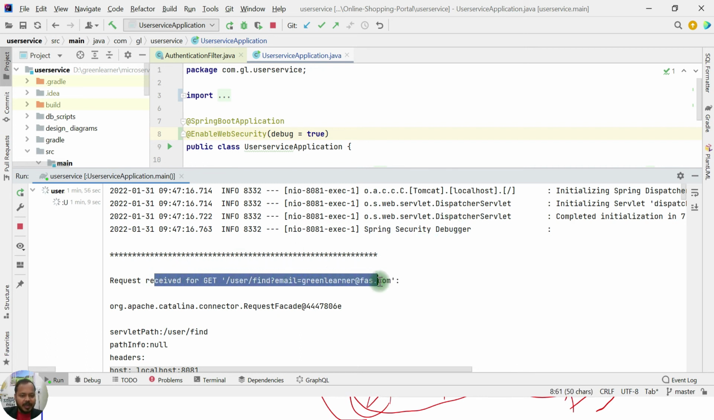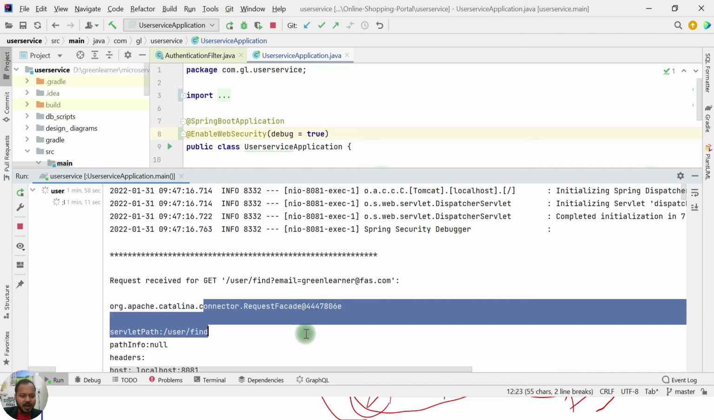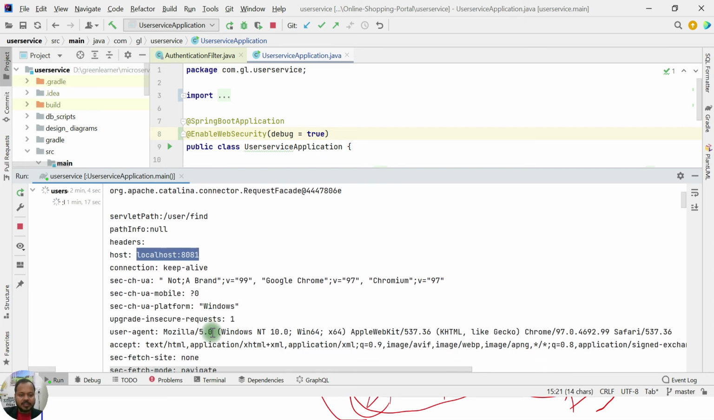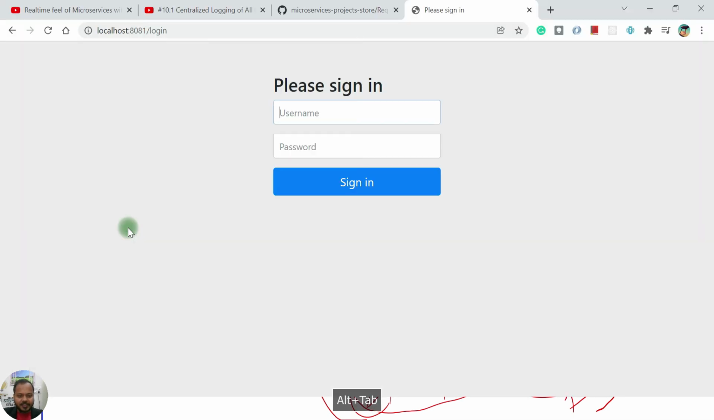So user find email, it is giving us request facade, it is giving us servlet path. User find is here, path info, host. So all the request information that is there. You might be thinking, where is this coming from? If you go here and inspect it,